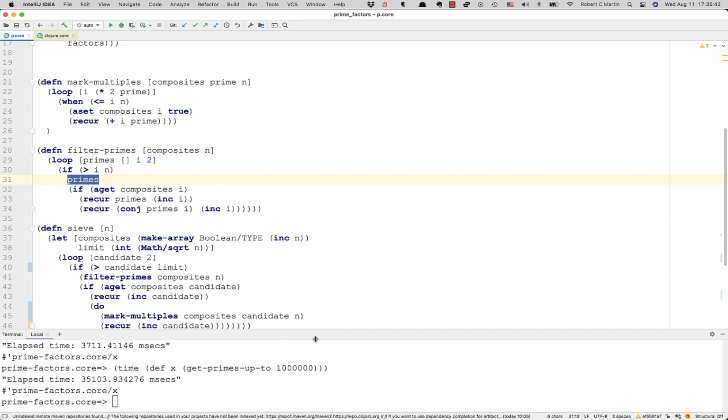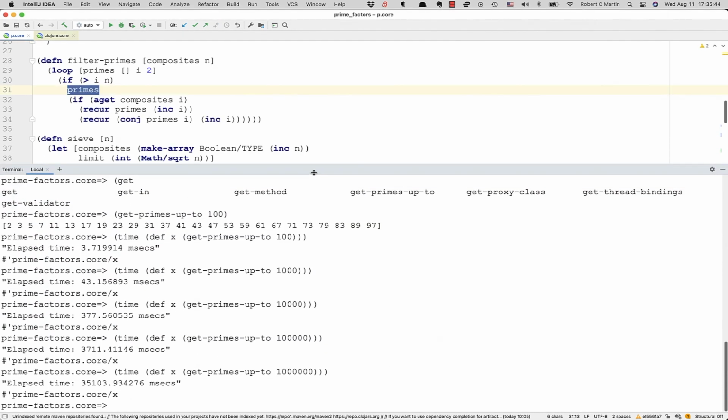Okay, so now I ran this for you. I'm not going to bother to run it for you live. I already ran it. And here's get primes up to 100. You can see it gives you a nice little list of the first 100 primes. It takes about 3.7 milliseconds to do that. Then I did it for 1,000, and it does that in 43 milliseconds, so a little more than 10 times longer. Then I did it for 10,000, and it took 377 milliseconds, so again, about 10 times longer. Then I did it for 100,000, and it did it in 3.7 seconds, so again, about 10 times longer. And then I did it up to 1,000,000, and it took 35 seconds, again, about 10 times longer, which may